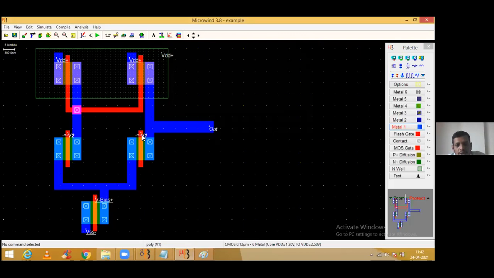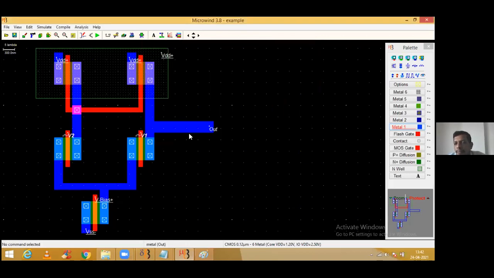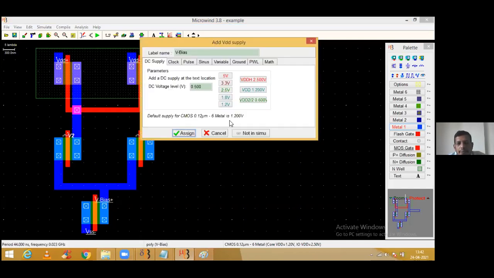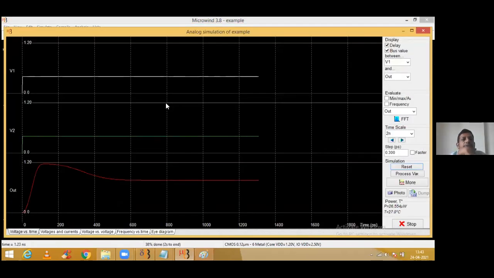Same is the story for this guy. Look at that. I will start from 0.4. Will reach to 0.6. Okay. And again, I will make it as 10, 1, 10, 1. Assign. And V bias I'm keeping as low as I can. So 0.4 is a VDD. So I'm making it as 0.5 as of now. Assign this one. Am I right, guys? Are you with me? Everybody, please. Now try to simulate this one.